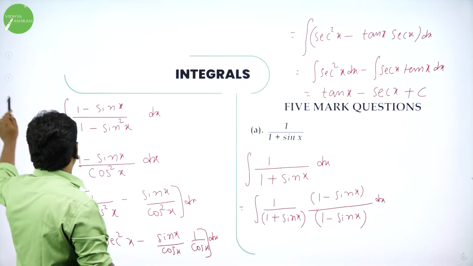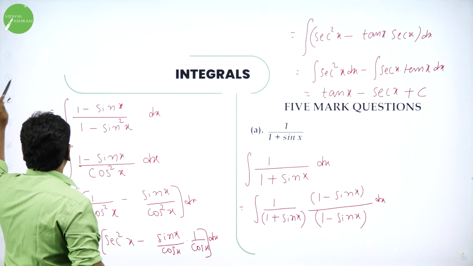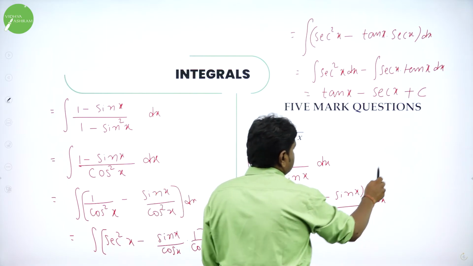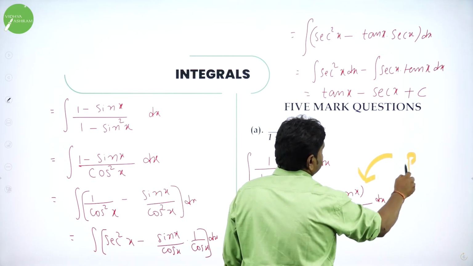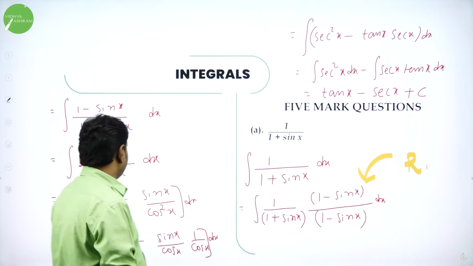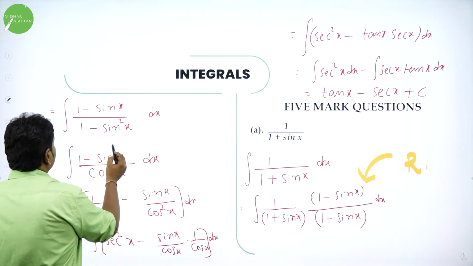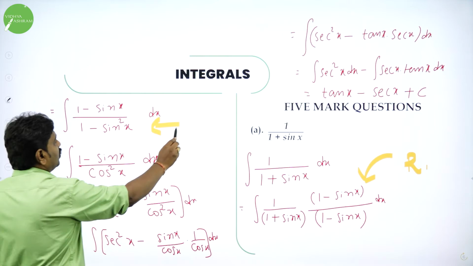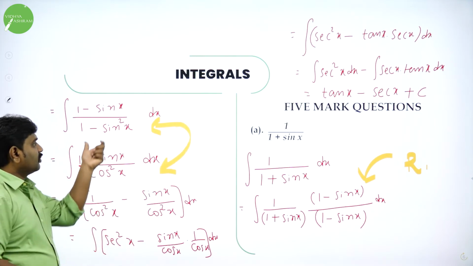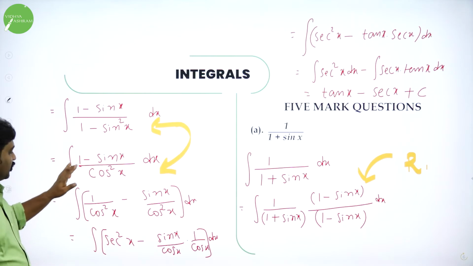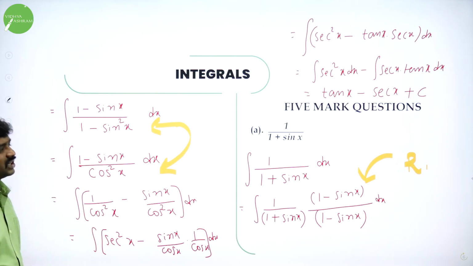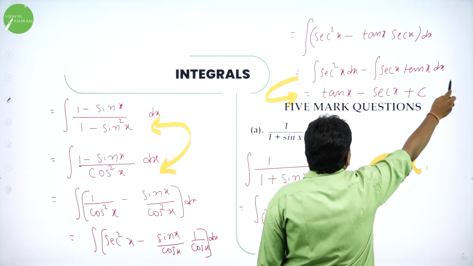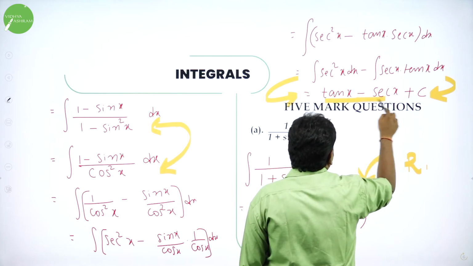So my dear students, the key points here are, you have to rationalize this. That is important. And the second important thing is the identity. What is the identity? 1 minus cos square x, so here 1 minus sin square x. 1 minus sin square x we wrote as what? Cos square x. And then splitting 1 by cos square, sin by cos square. These are the key things. And this formula list: integration of secant square is tan, integration of secant into tan is secant x. So this is the final answer.